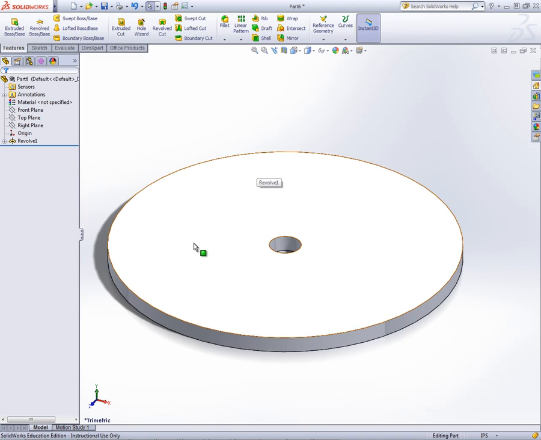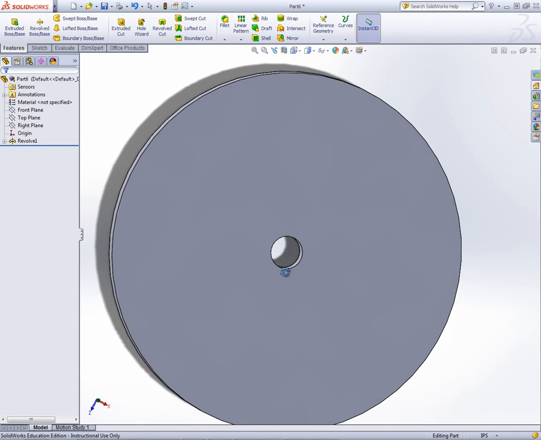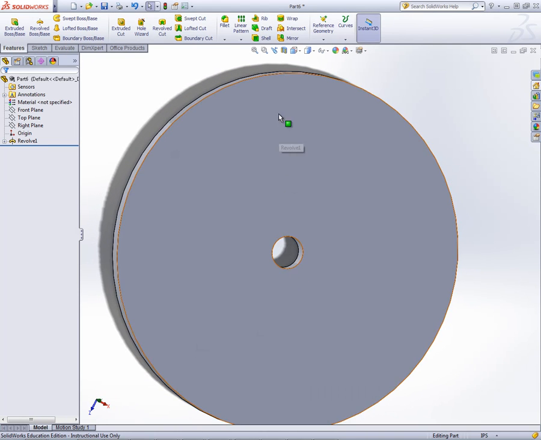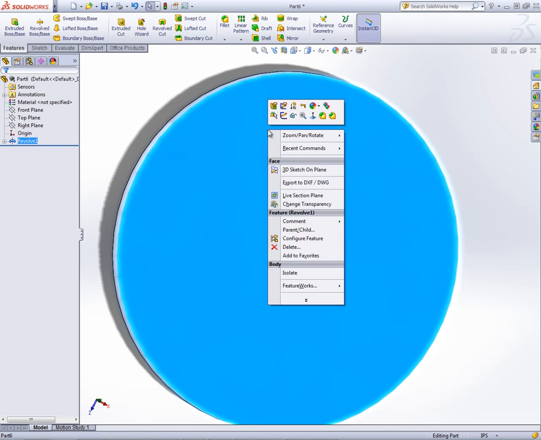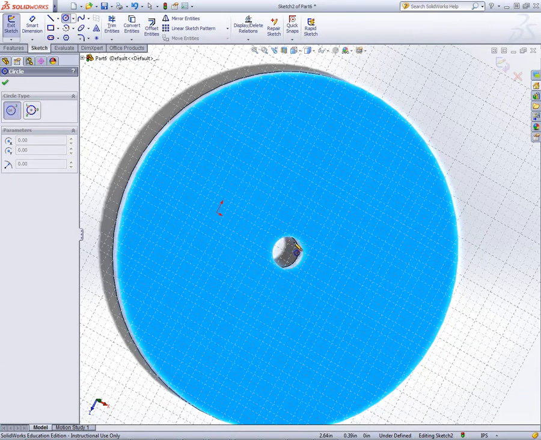Okay, then we will create a sketch on this surface here so that we can cut a hole in it. I'm going to push the mouse wheel down and simply rotate the part up and off to the side a little bit. Now that this surface is highlighted, I'm going to right click and I'm going to left click on sketch. Then we'll move our cursor to the circle command, left click on circle, and we can draw a circle pretty much anywhere. I like to try and get it hooked in the center of the part,